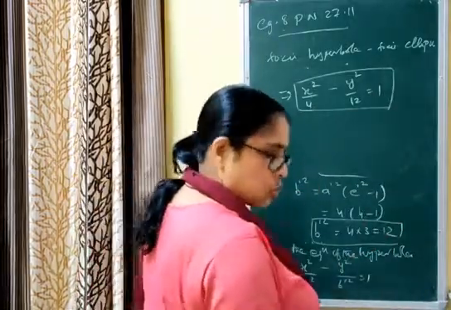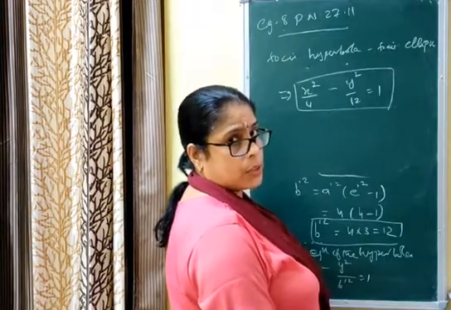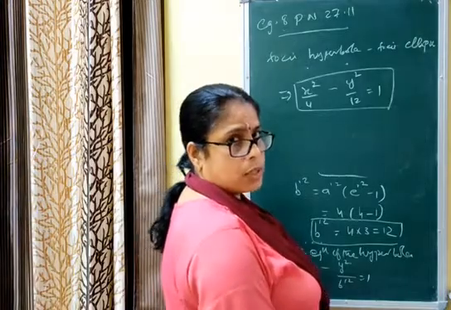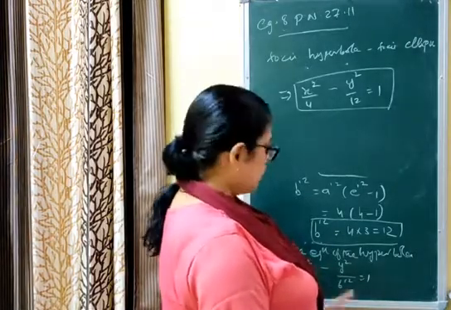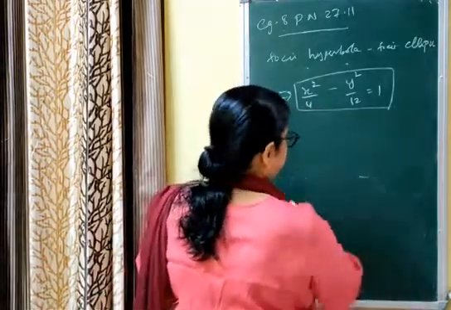In this question, first of all, we found the foci of the ellipse and we equated those foci with the hyperbola, so that we can find the value of a dash using the given eccentricity. Then we find b dash square and put it in the standard equation. Next question is example 10.